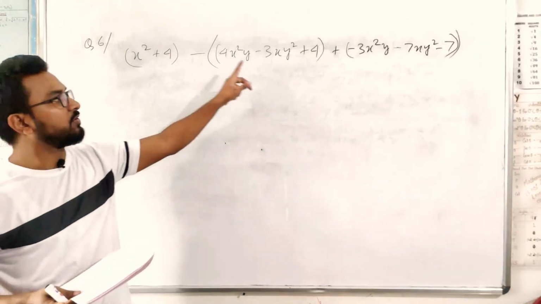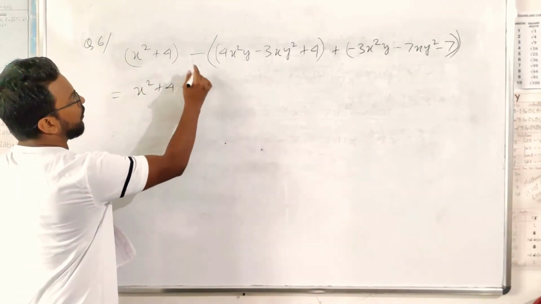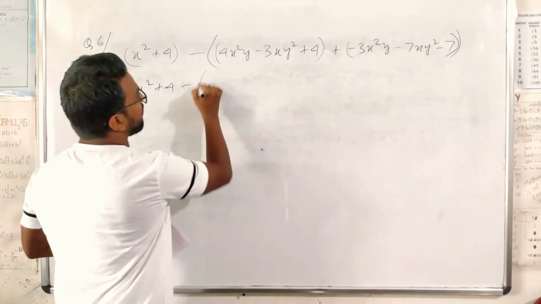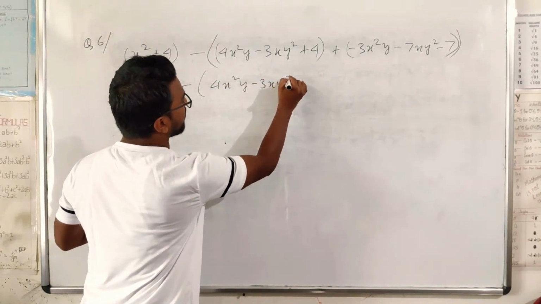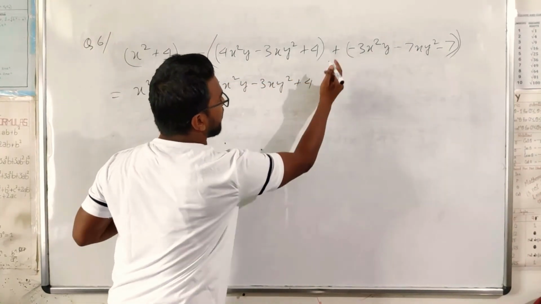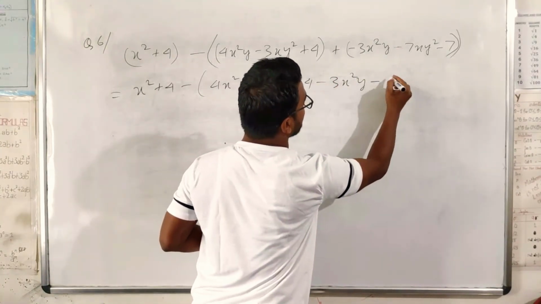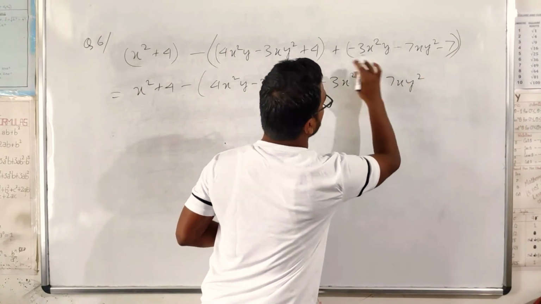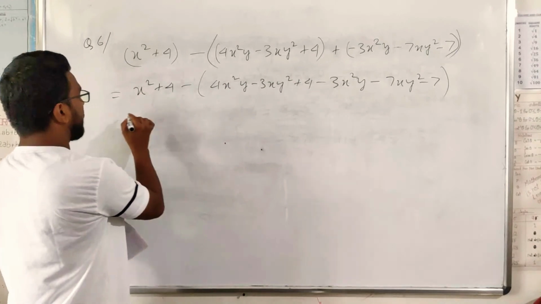Okay. So what shall we do now? We will just open this bracket. How can we write 4x square y minus 3xy square plus 4 plus minus, it will be minus 3x square y minus plus, it will be minus 7xy square minus plus minus 7. Okay. Now